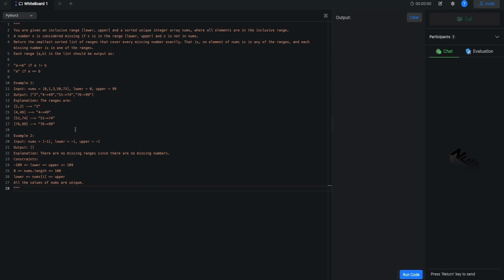So what it says, you are given an integer array and you will be given a lower and upper limit. Your task is to find out the missing numbers and the missing range, which lies between this lower and upper limit, which does not exist in this array. So, for example, your lower is 0 and upper is 99, and then you see this is your input array,